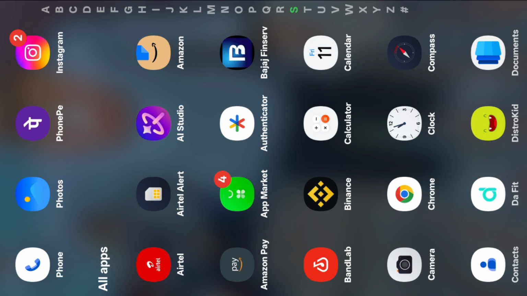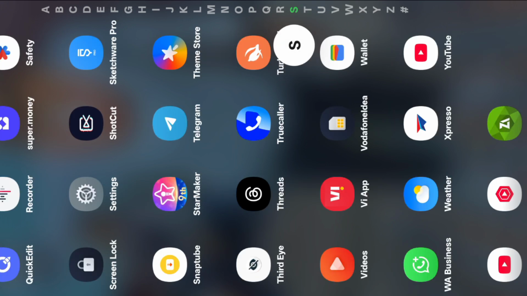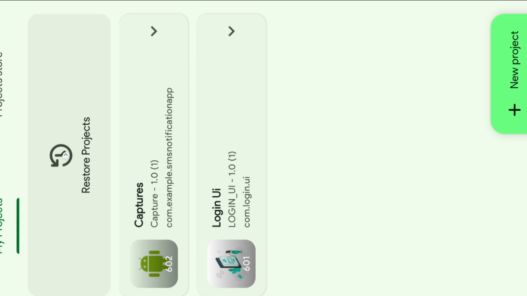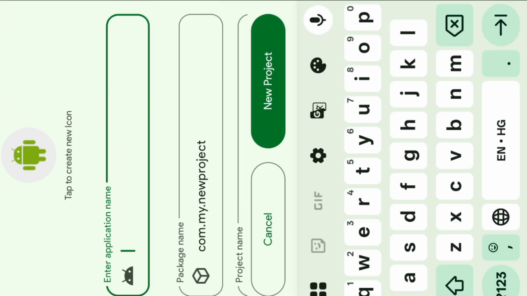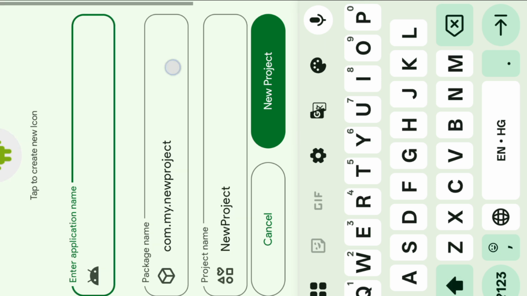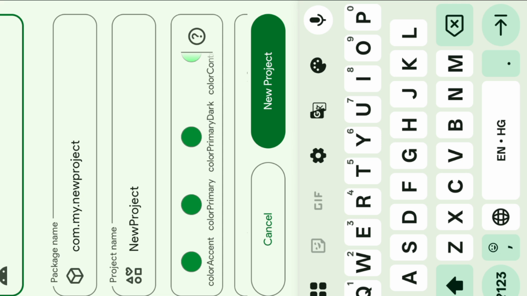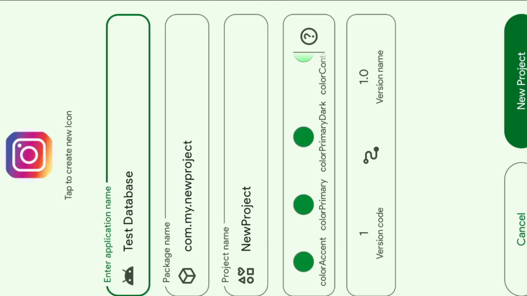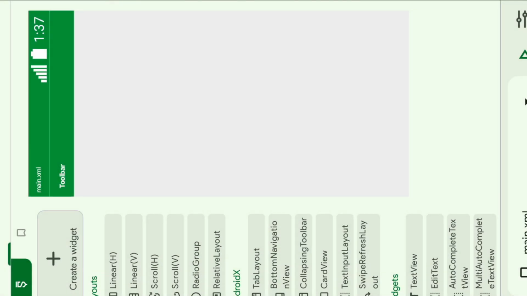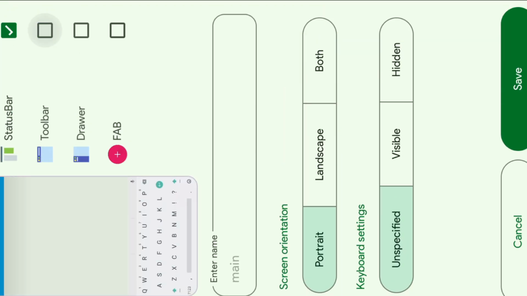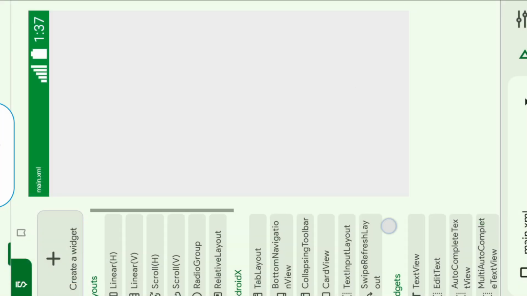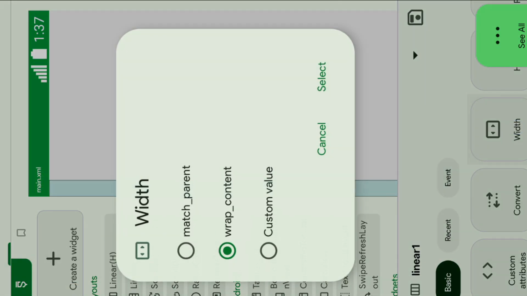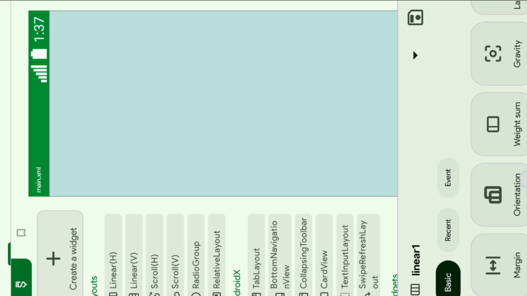So first of all, you want to open Sketchware and click on new project and fill in the details like app name, app icon, package name, etc. After that, click new project and you can see the interface like this, and I simply draw a basic UI structure here.